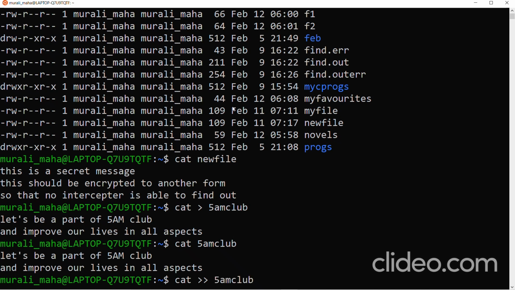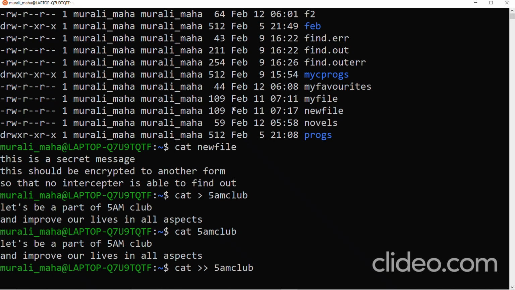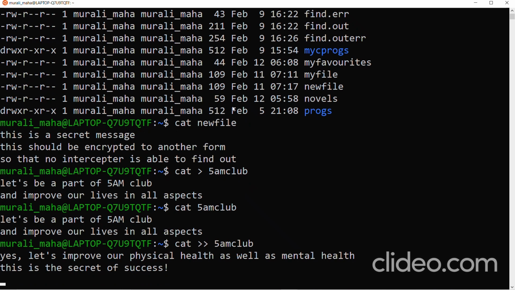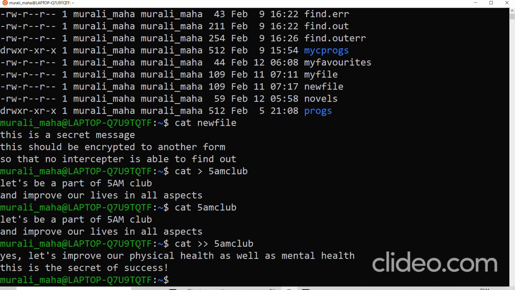So now whatever we type, that would get appended to the already existing contents of 5am club, because I have used the appending operator double greater than, right?